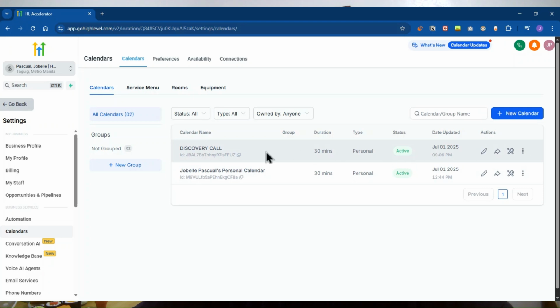Then here's my new calendar. You could edit here, share it, or edit it here.